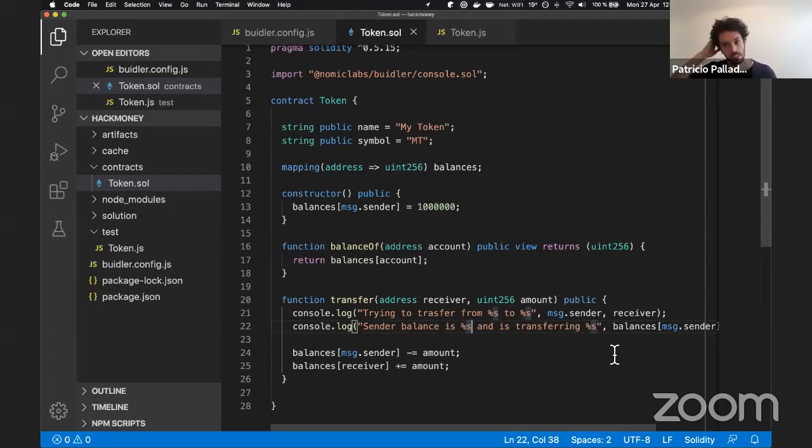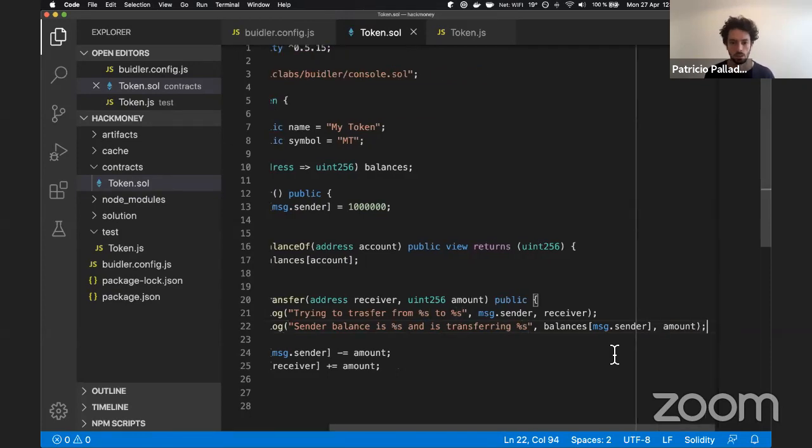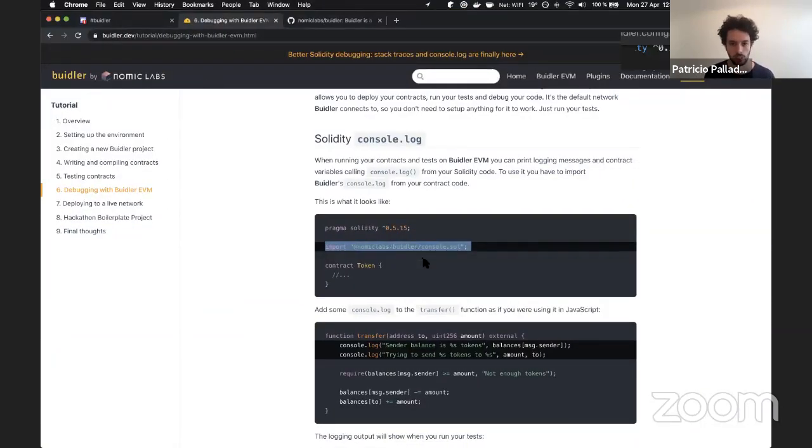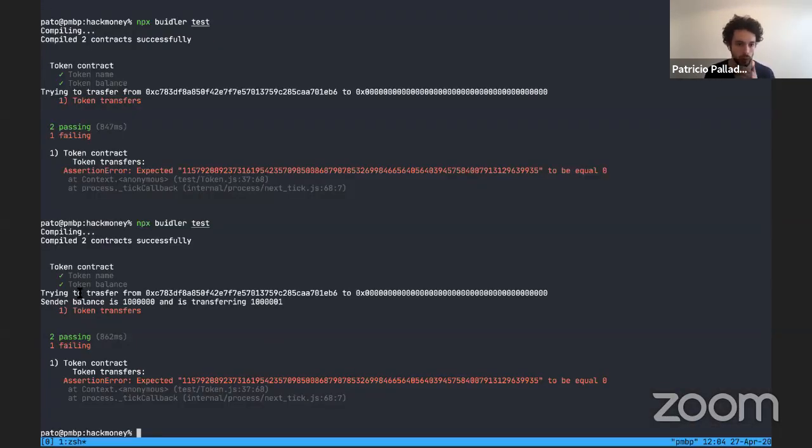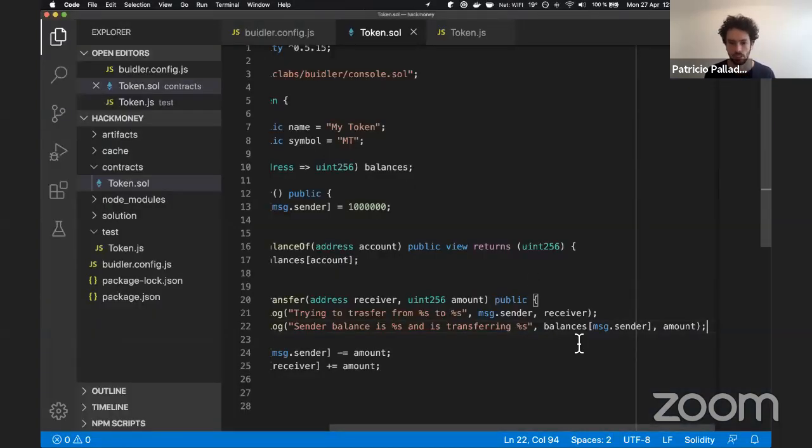Franco, can you paste the link to Tenderly? It's a great app to debug mainnet transactions. So this is cool because we can figure out what's going on in our contract. So here the sender balance is actually lower than what we are trying to transfer. We can even check that